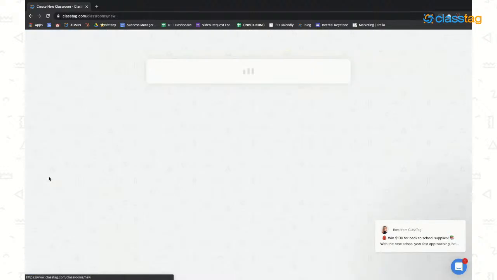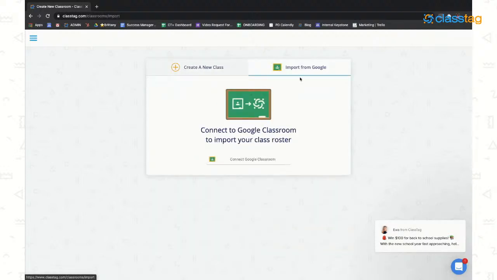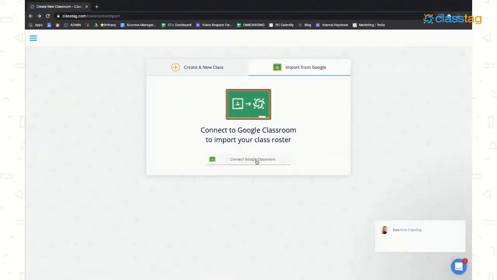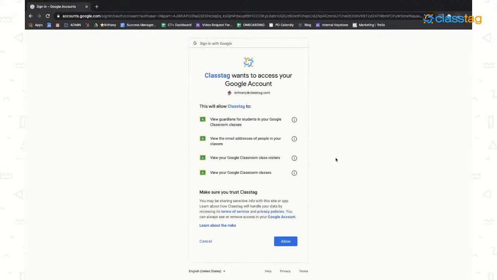I also love that you can create a new classroom right by going under the 3 lines. If you have Google Classroom and you have your students and the classroom already created in Google Classroom, you can now import your student and your class, the name of your class, right into ClassTag. So if you're watching Brittany's screen right now, you connect to Google Classroom. It's going to ask you to sign in. And then once you verify access,